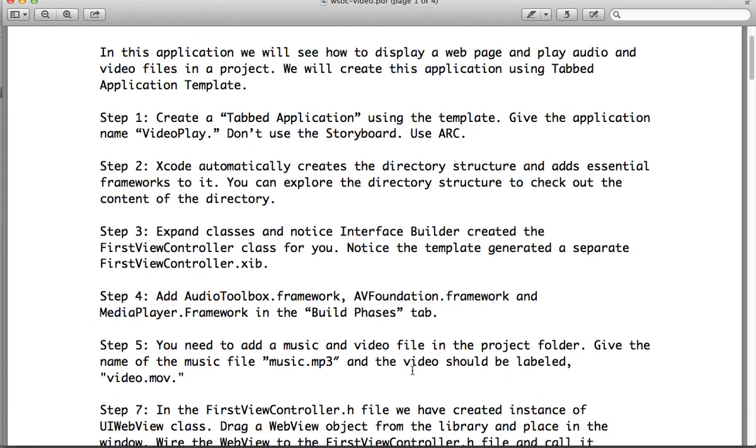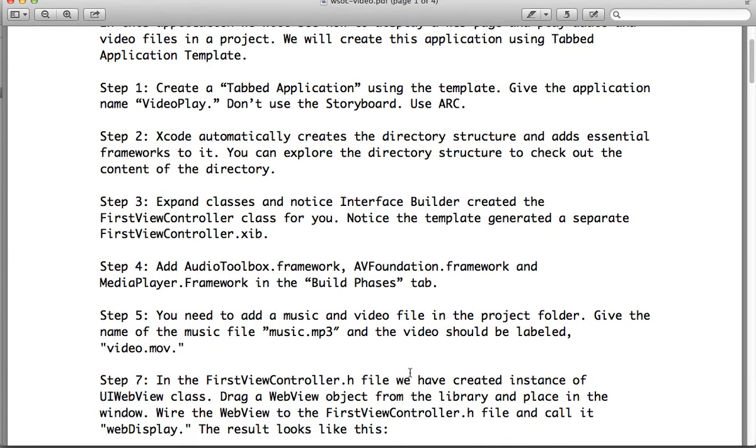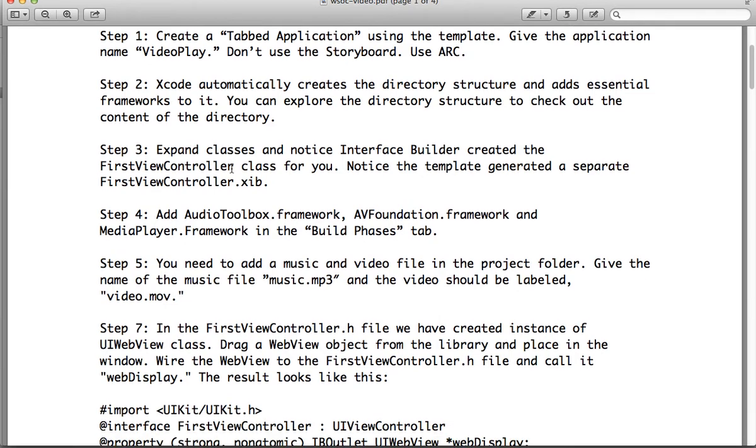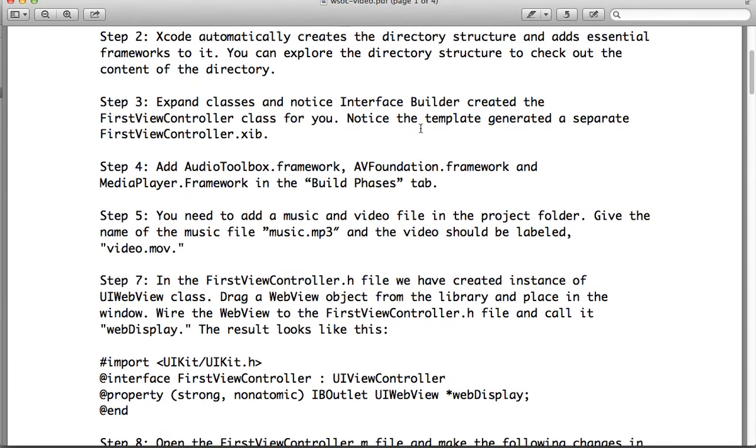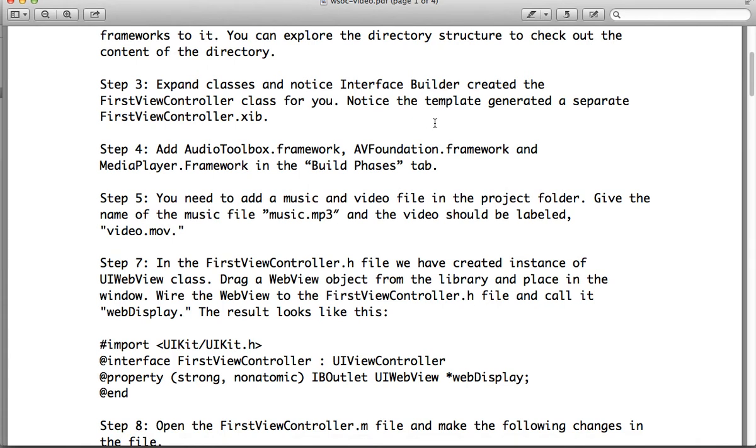Okay, so what we're going to do now is take a look, and we're going to expand out. We just did that a few minutes ago, so we're down through step number 4. In step number 4, we're going to add an audio toolbox.framework and an AV foundation.framework and a media player.framework in